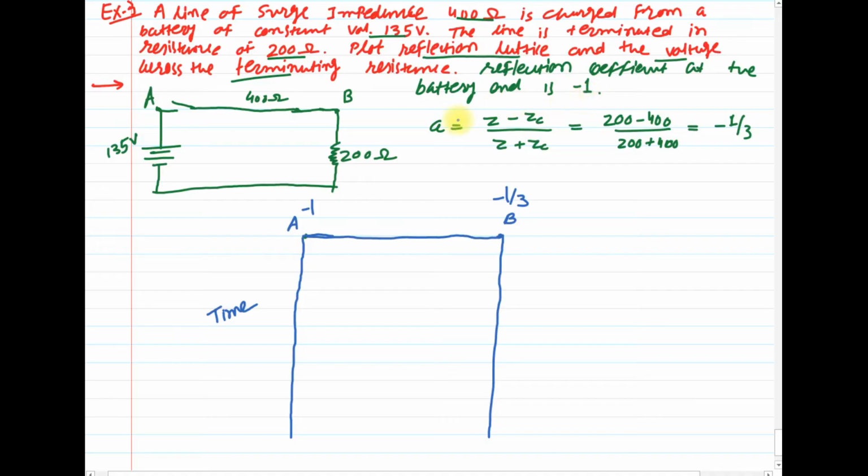I will repeat it again: as the battery voltage will remain constant, any wave which reaches the battery must be nullified by an equal and opposite wave. We can understand this from the diagram also. Clear? So let's just draw the lattice diagram. Let us just write down the time axis t.